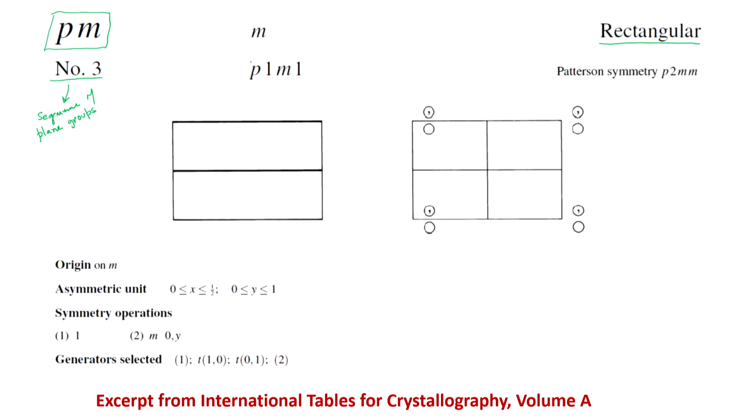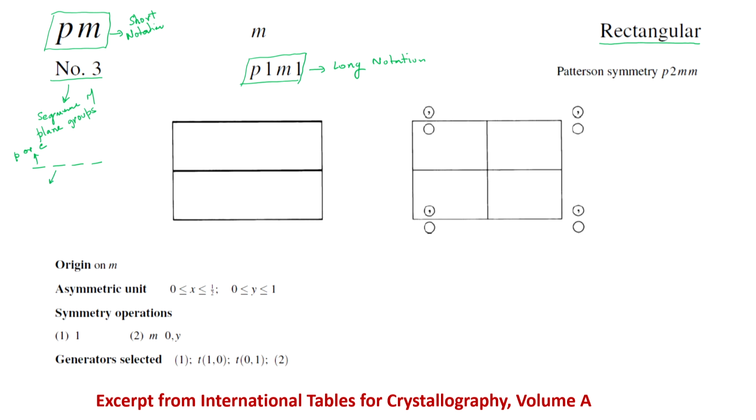One will also notice another label for this plane group. So, PM out here is the short notation, and this one is what is called the long notation, and it becomes particularly useful if we use certain non-standard configurations of symmetry. And as I had already explained, but to repeat, in this long notation you have 4 symbols. The first one is P or C. So, P is primitive, C is centered.